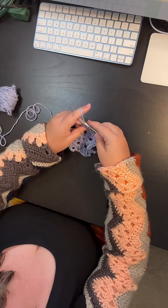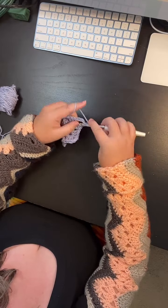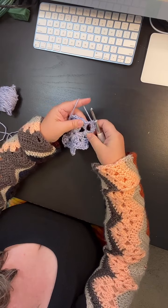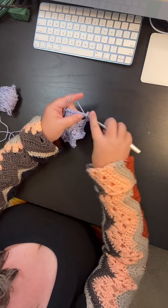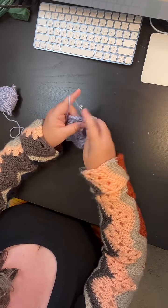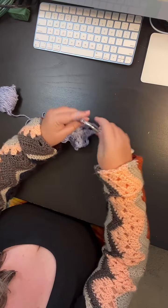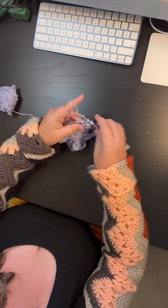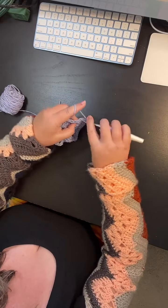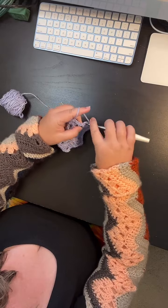Okay, so round 4, single crochet in the chain 3 space, chain 2, single crochet in the same space, single crochet in each stitch around, make sure you get that one, working single crochet, chain 2, single crochet in each corner space. So you'll have 8 single crochet on each side. Single crochet, chain 2, single crochet on each side, and then 8 single crochet. Well, it's 6 across,